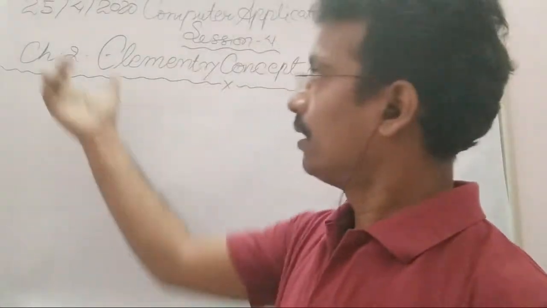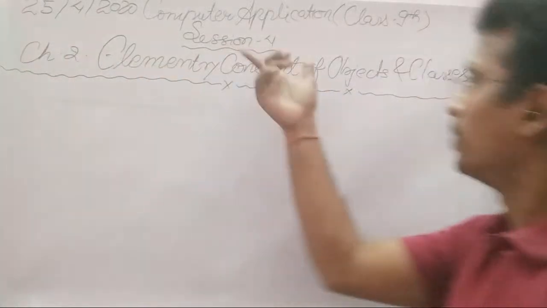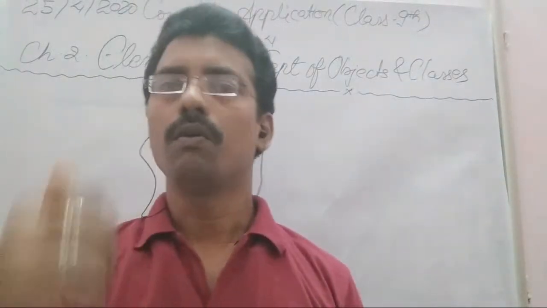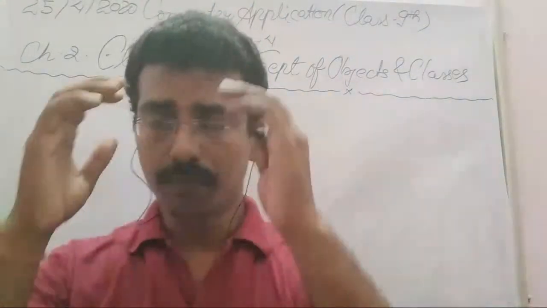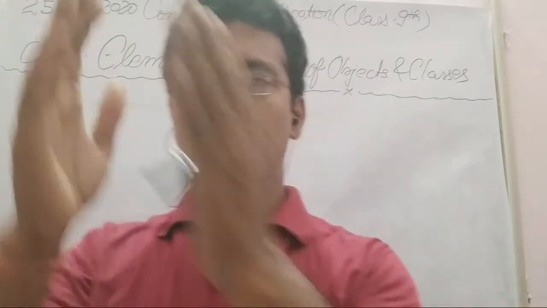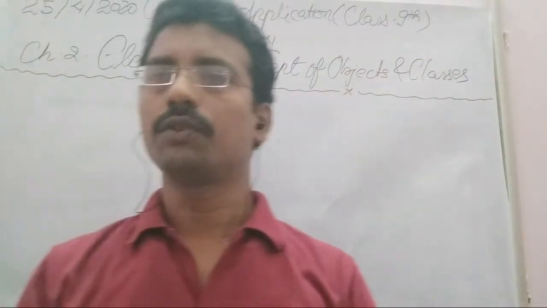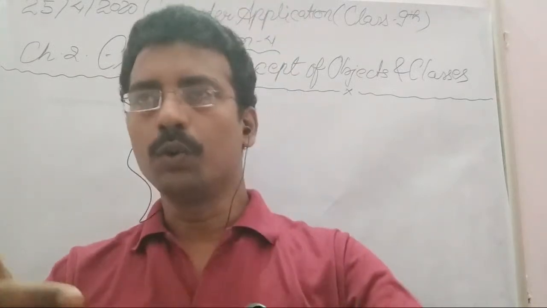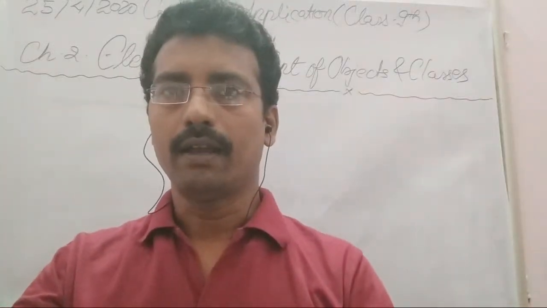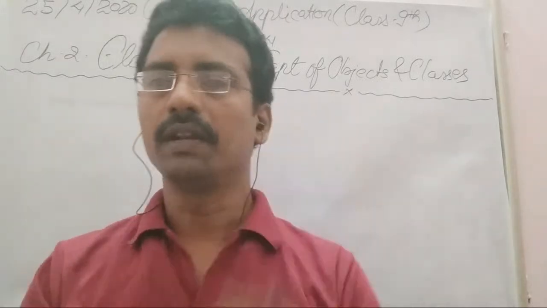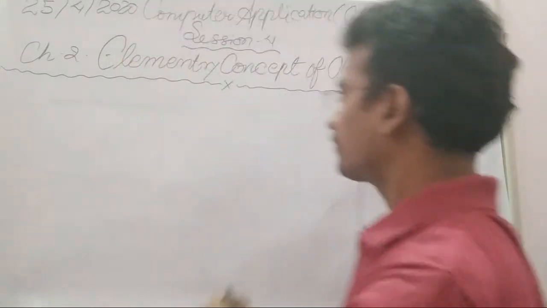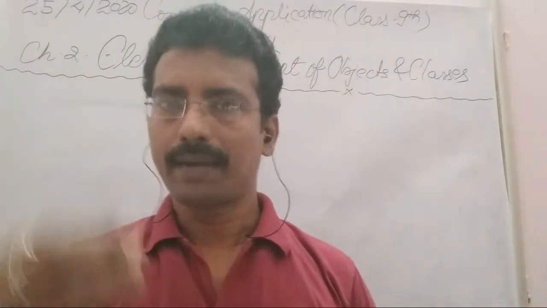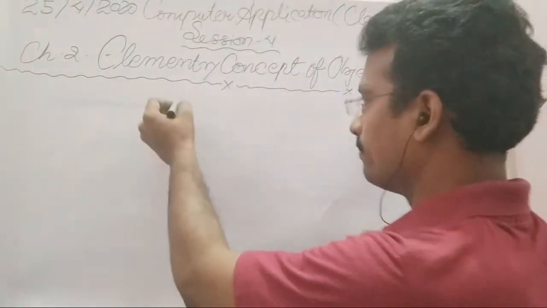Today is chapter 2, elementary concepts of objects and classes. Already we have discussed what is a class. I guess you have at least one definition of the class and one definition of the object. Now we will go into some more detail on these concepts. See, firstly I will tell you a practical example. I am taking an example of